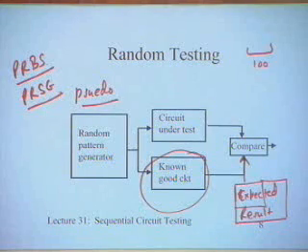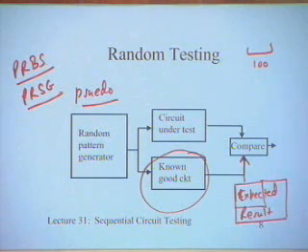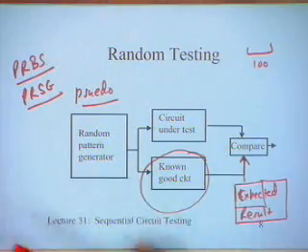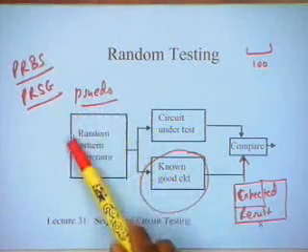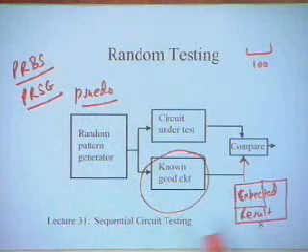But when you are applying random inputs, you cannot do too much analysis of fault coverage. You do not really have much control over what the next input is going to be. They are randomly distributed, with some logic by which they are generated. So you try to cover more faults by applying more test vectors. If you apply more test vectors, you assume that more faults will be covered, and also they are random test vectors. But if you apply more test vectors for a complex circuit, the result that needs to be stored